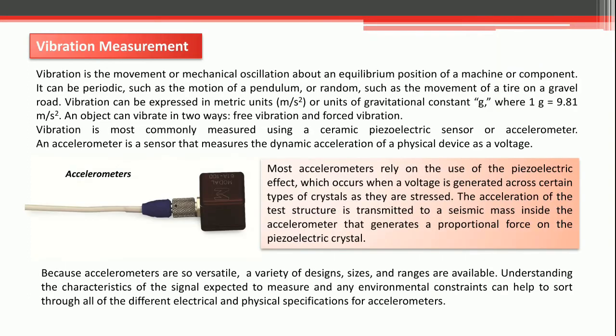Now the next one that we are going to discuss is the measurement of vibration. Vibration is a complex measurement containing many different parameters. Different measurement technologies have advantages and disadvantages depending on how and what type of measurements are being made. Vibration is nothing but a time-based periodic or cyclic displacement of an object around a center, a specific position.